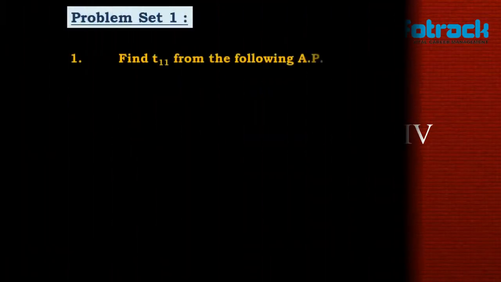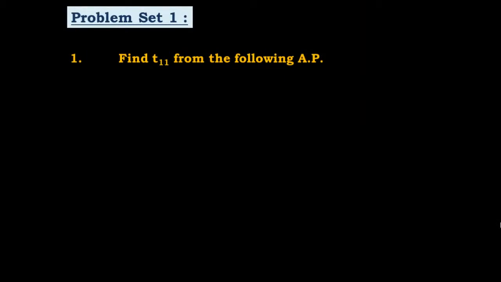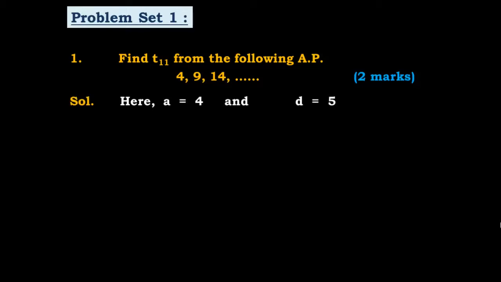Find T11 from the following AP. See, AP is given. You have to find the 11th term of this AP. Now see, 4, 9, 14. These are the terms in AP. Now see, we have A, that is the first term, equal to 4, and see the difference, 9 minus 4